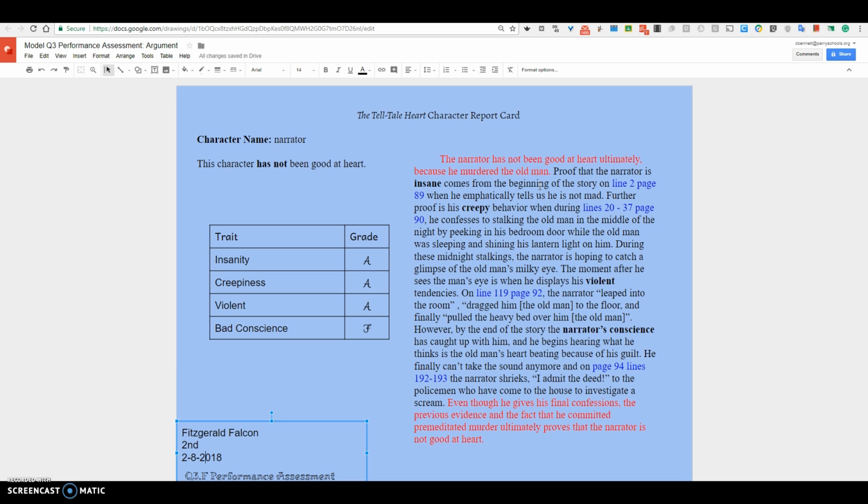One thing that I want to point out is that I highly recommend that you color code the different parts of your paragraph. I have put my intro and conclusion in red. Wherever I have cited line number and page numbers, those are in blue. I have put my traits in bold here, and that's just going to make it easier for me to go through, and